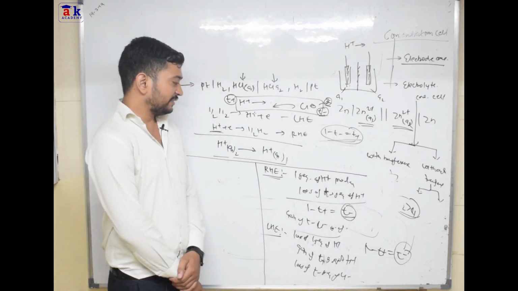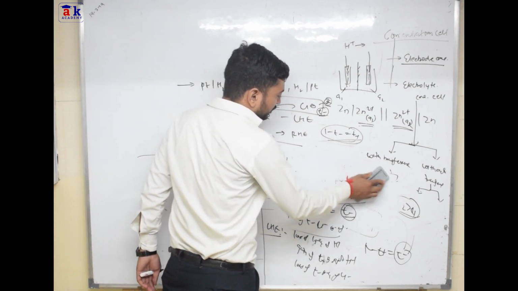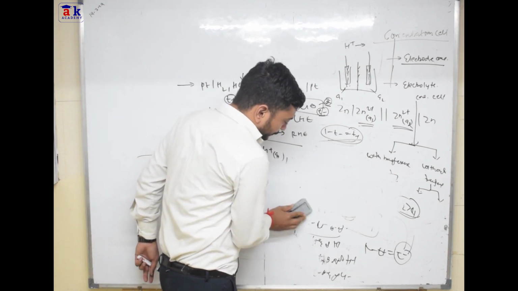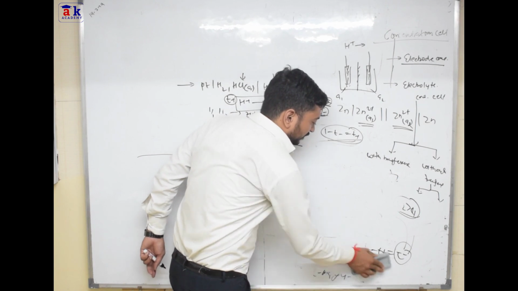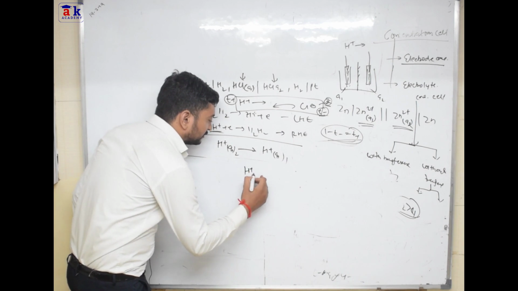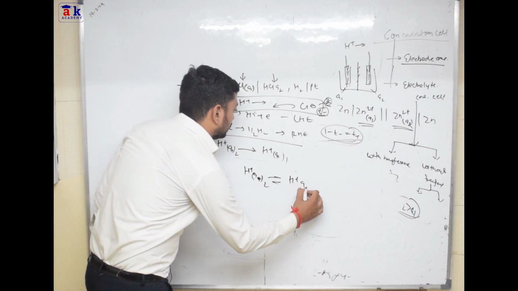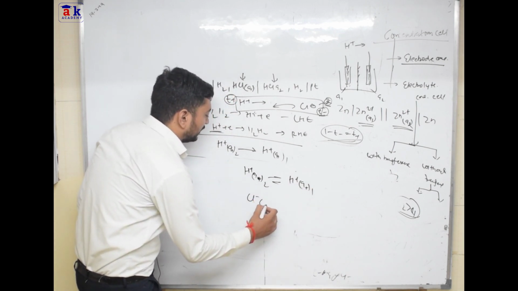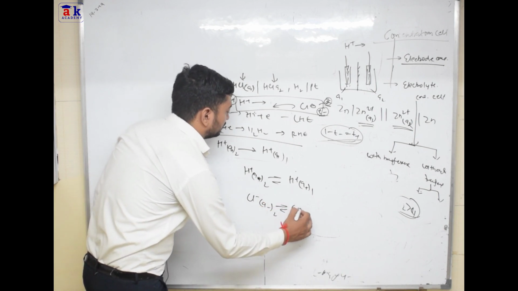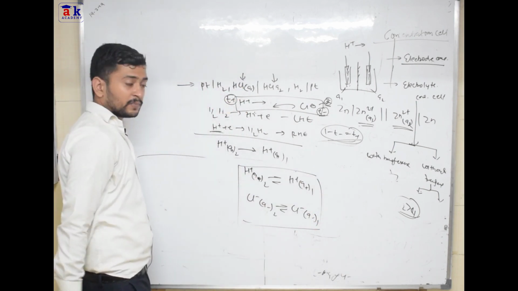Now let's see what else we can do over here. Now we will write the final equation, and from that we will derive the E cell of this concentration cell. Here we will have H plus A2, here A plus 2, and here H plus, A plus 1, and here we will have Cl minus, sorry, not A plus but A minus, and Cl minus, A minus 1. So this is the final equation we will have, and we can write the E cell.